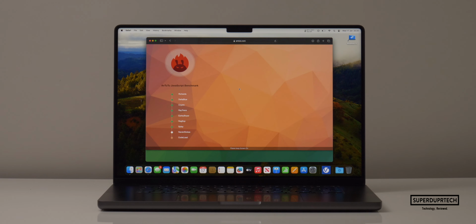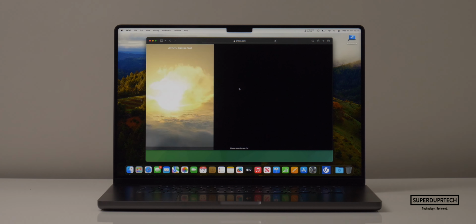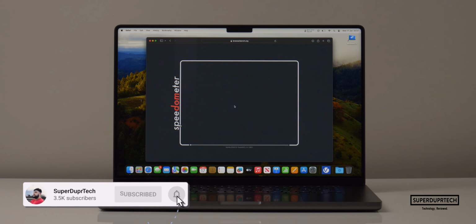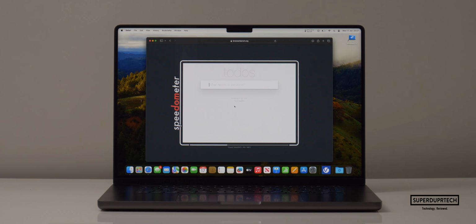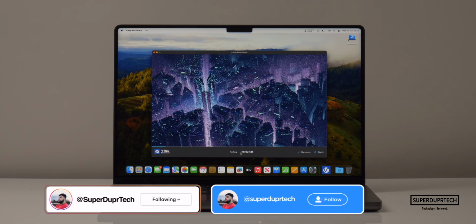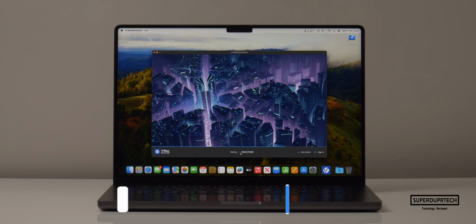I also ran the Antutu HTML browser benchmark and got scores of 92,650. I also ran Speedometer 2.0, and in this test this MacBook Pro scored 607. I also ran the V-Ray test, and when running this test it scored